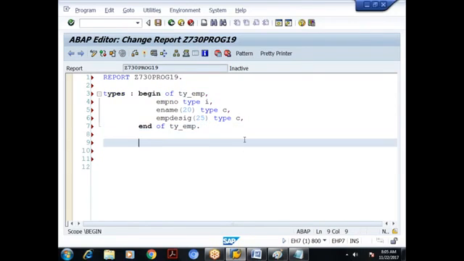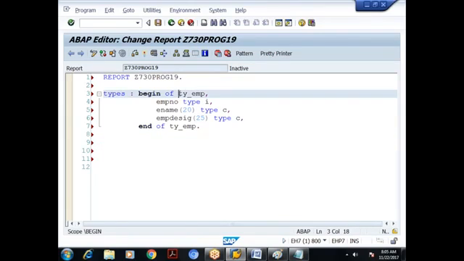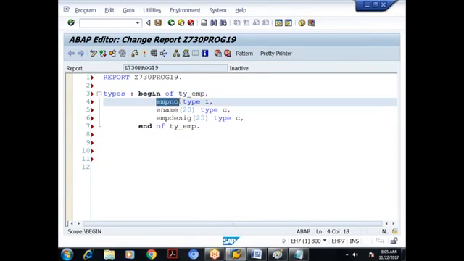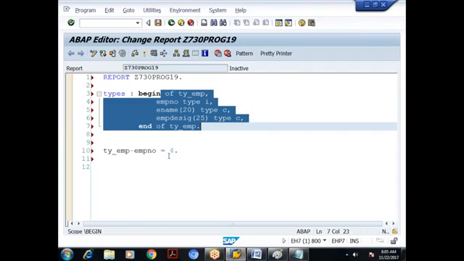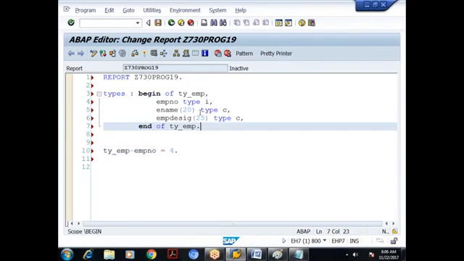Suppose, just to understand the point, the name of the type is ty_emp, and one of the fields here is employee number. So I'll say ty_emp. How do we access the structure fields? Structure name hyphen field name. Internal table also, internal table name hyphen field name. So here also I am saying type name followed by field name equal to, I am trying to assign some value. This is very much valid only if the memory is allocated. Then only I can store data. But just now I said that if I use the TYPES keyword, memory will not be allocated.